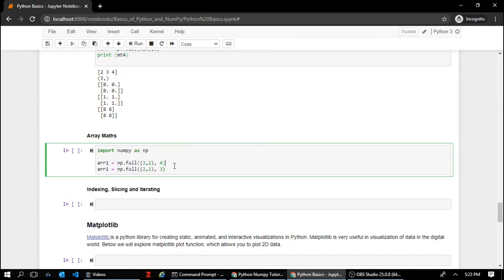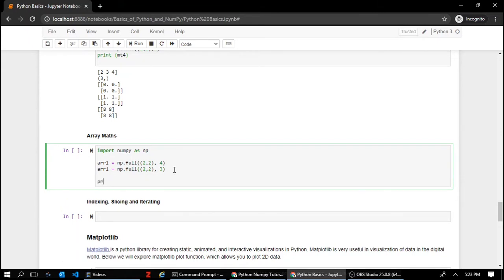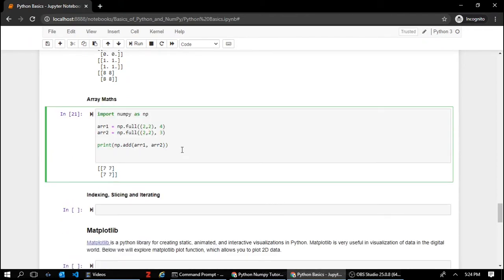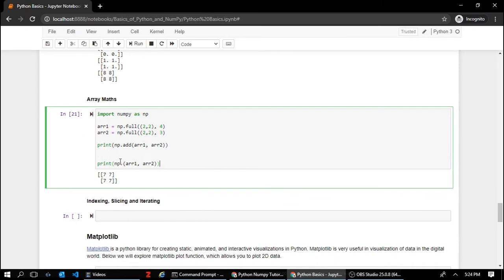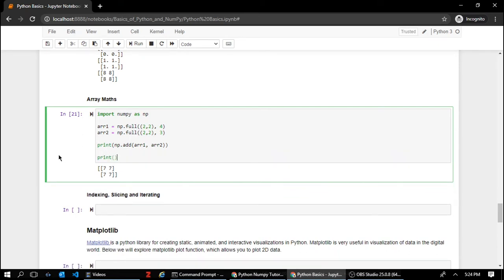And let's create another 2 by 2 array with all the values of the array as 3. The first mathematical operation that we'll try out on these two arrays is np.add. And if we run this cell, we'll get the addition of these two arrays. The resulting array is also a 2 by 2 array with all the values of the array as 7.